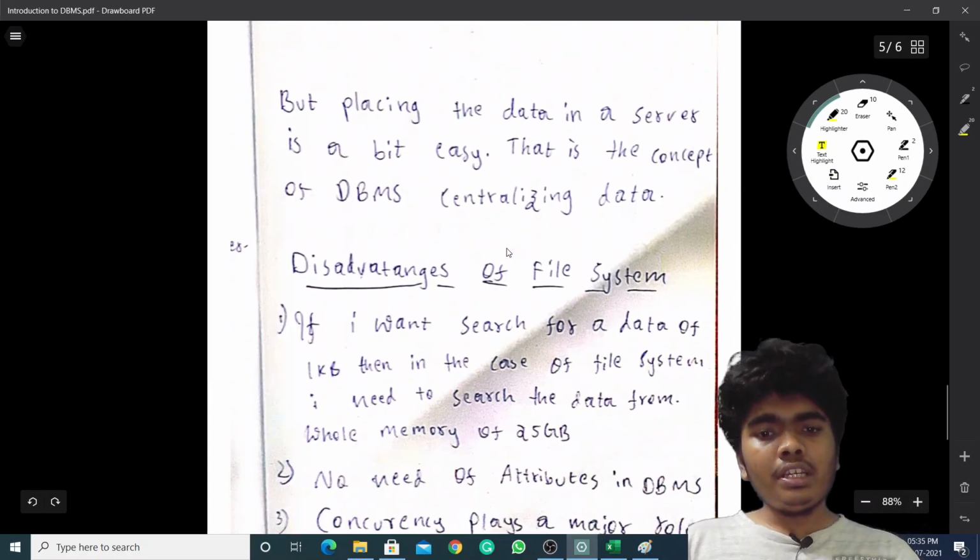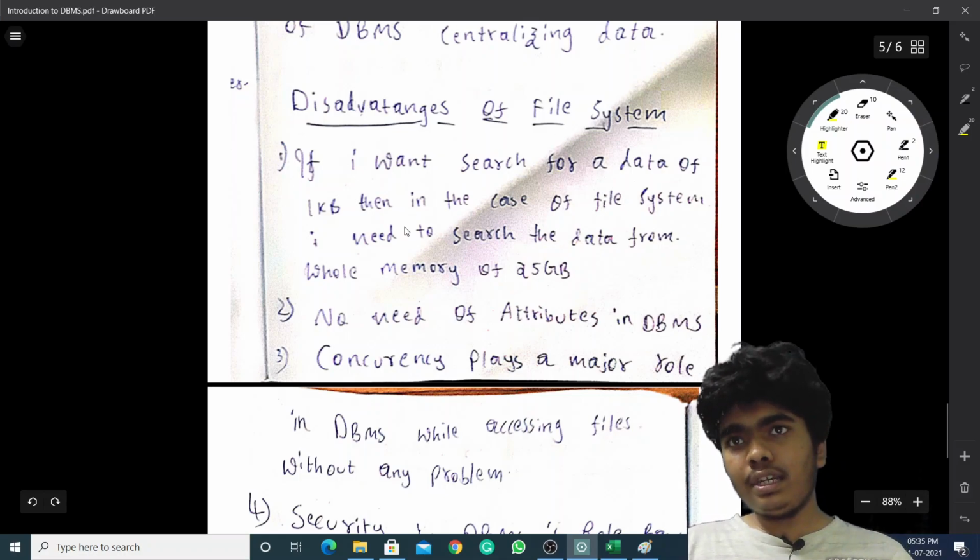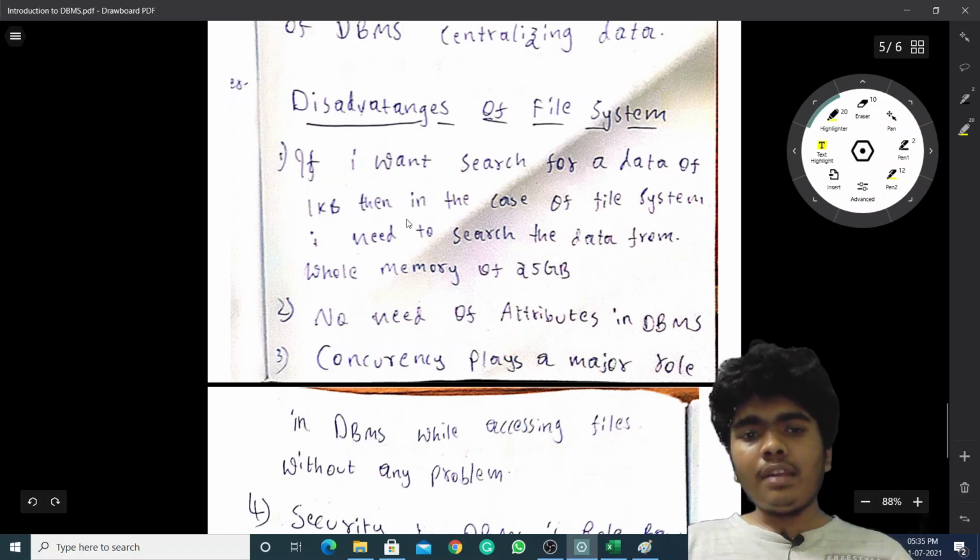Now, the disadvantages of the file system. If I want to search for data of 1 KB, in a file system I need to search the whole memory of 25 GB. To find one small key, we need to search the whole 25 GB.